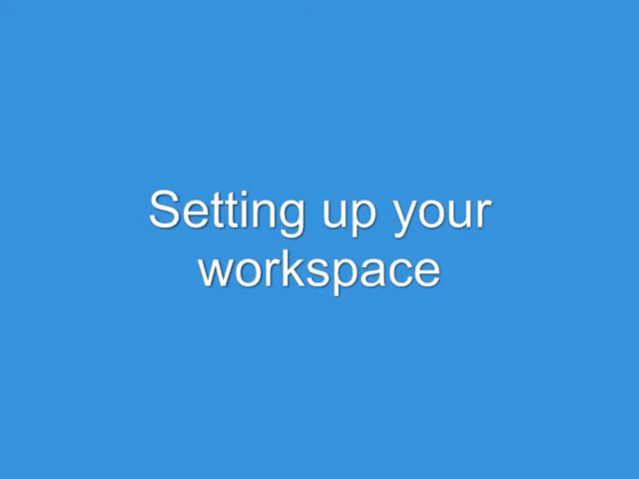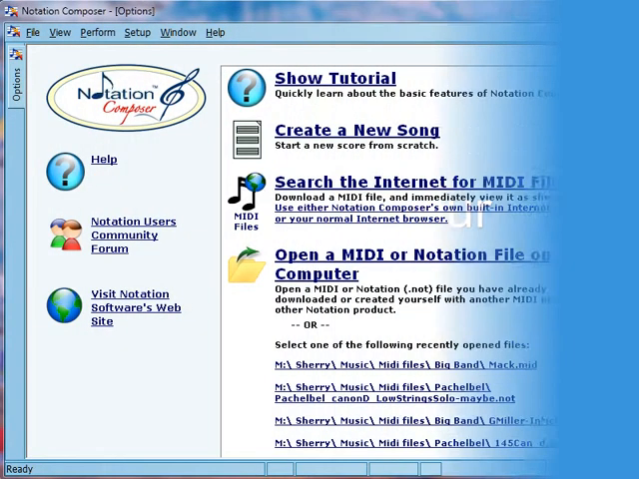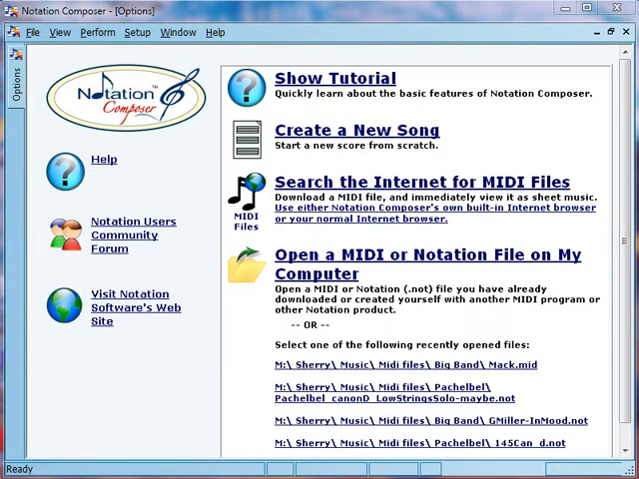Today, we're going to look at setting up your workspace. First, we'll start off with the opening screen that you see in Composer. Most of everything that you see here will also apply to Notation Musician. So, the first thing that we'll do is we're going to go open up a file,